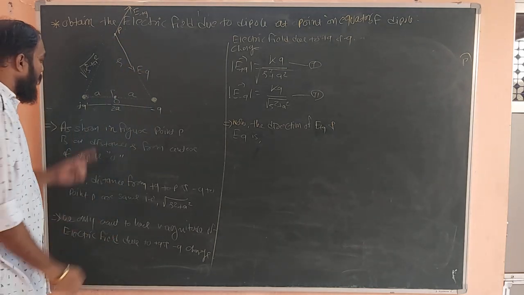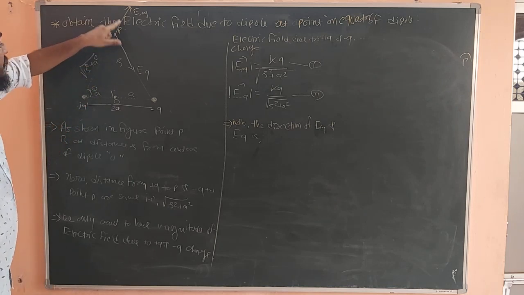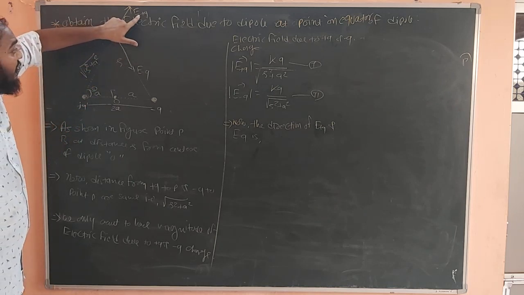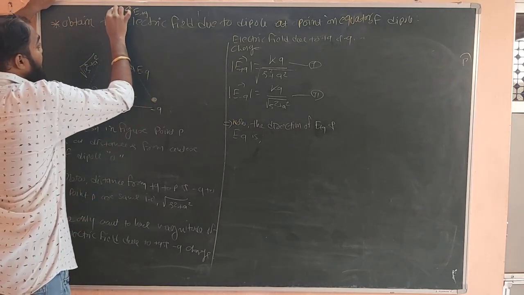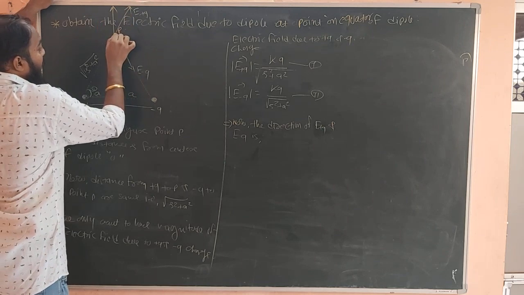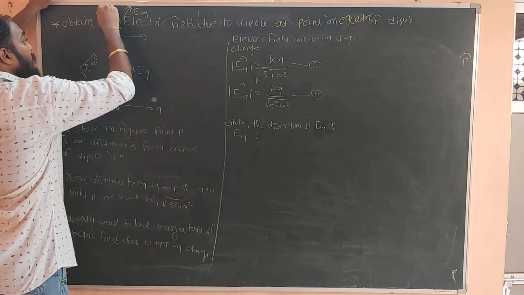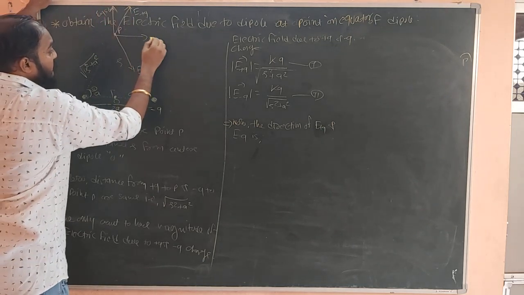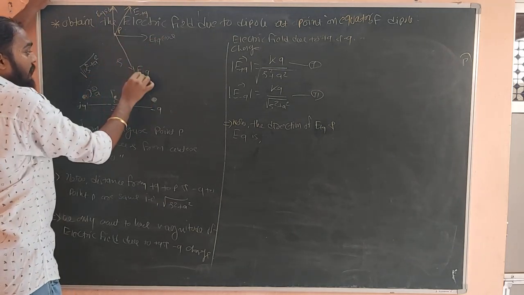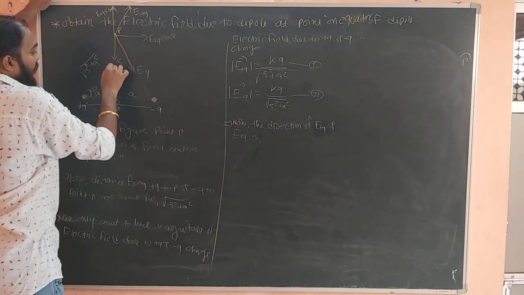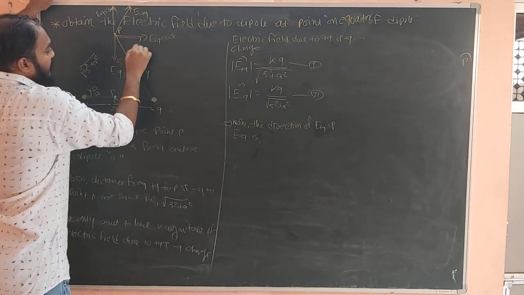Okay. We can take this as theta. We need components, right, to find out the net electric field. So we will take the components of E plus Q. The positive charge components are these. The perpendicular component is always E plus Q sin theta, and the horizontal component is always E plus Q cos theta. Once again, minus Q's perpendicular component is E minus Q sin theta, and the horizontal component is E minus Q cos theta.